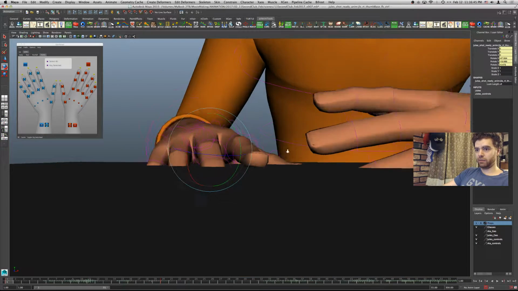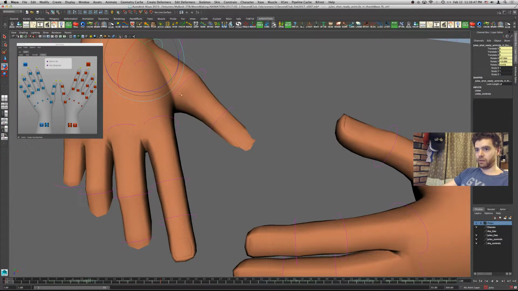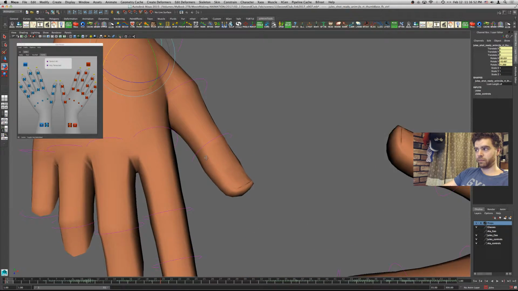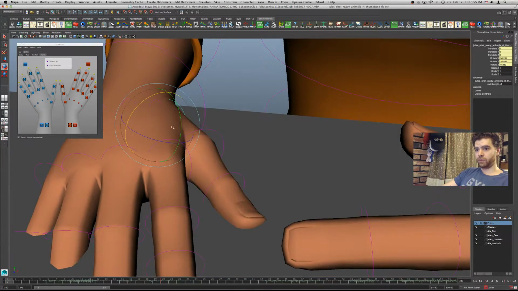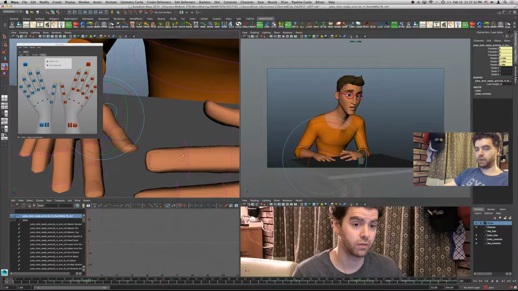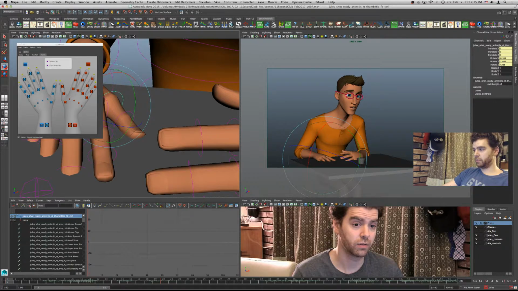I think to help make the shot a little more clarified, I'm going to move the thumb in. So it's not in the frame and sort of competing for being like, what's that? Why does he have, it looks like it's an extra finger or something. Okay. I could just take the thumb and go like this, but that's not going to be great for when I go to render it. Something's going to look weird.